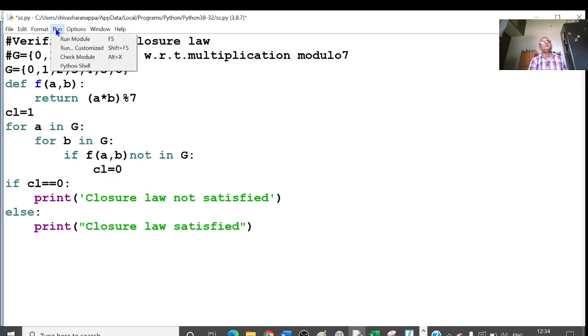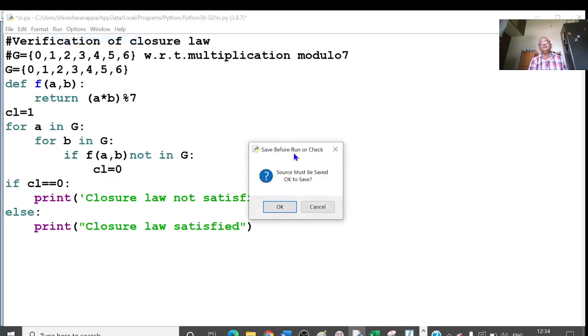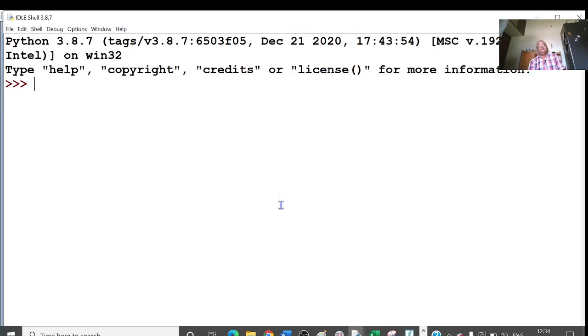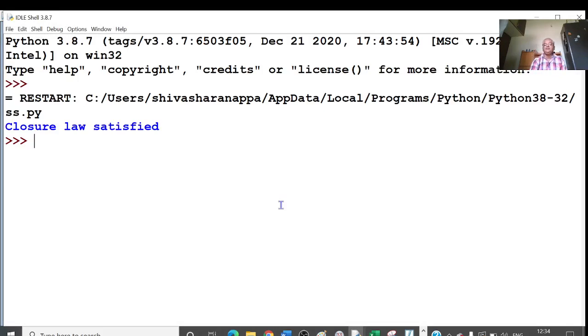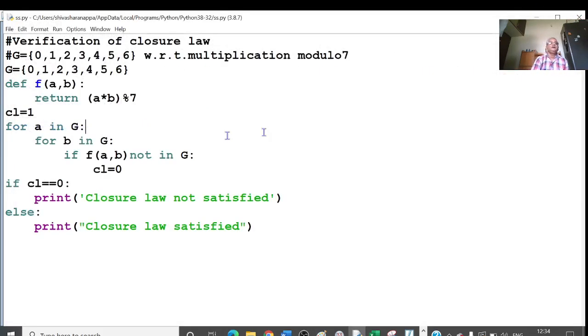Then closure is satisfied, because see, whatever may be this value, when I divide this by 7, I am getting the remainder. What is the remainder? It is from 0 to 6. Okay, 0 to 6 are here. So that means that element belongs to this.